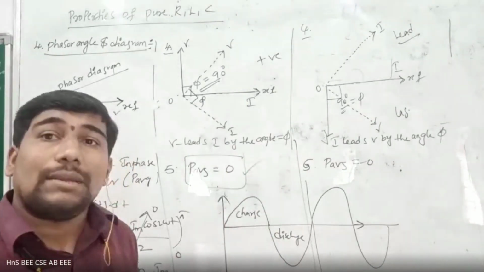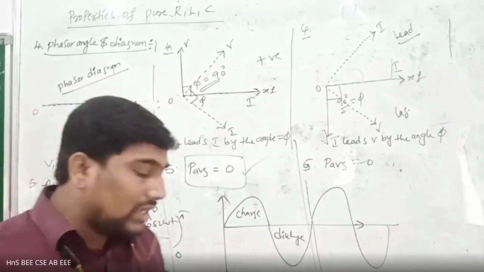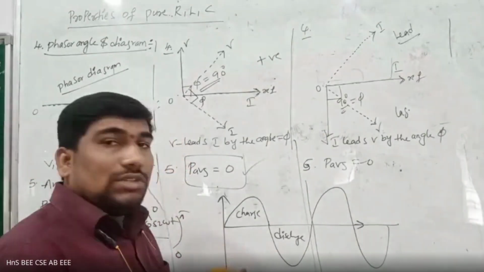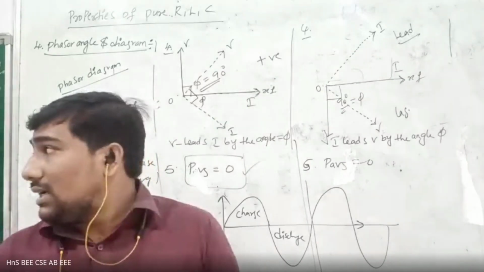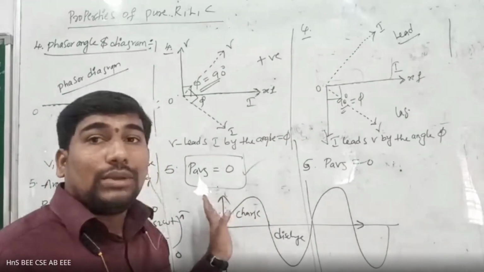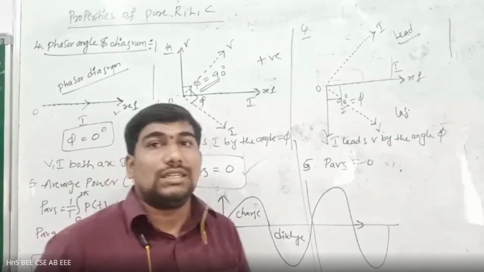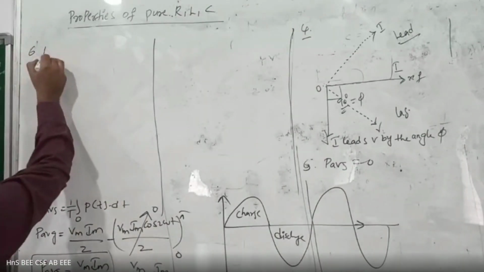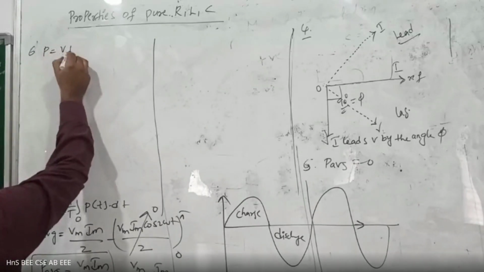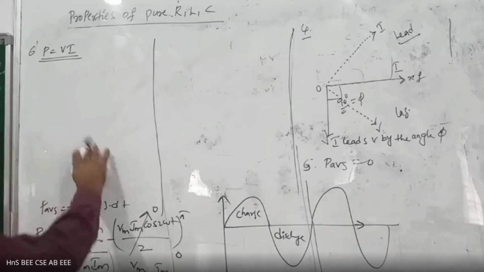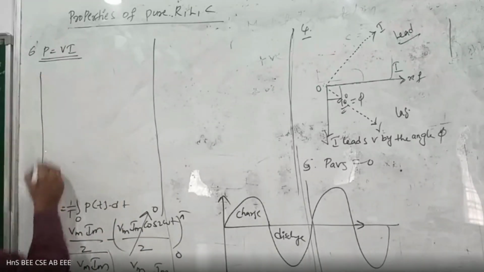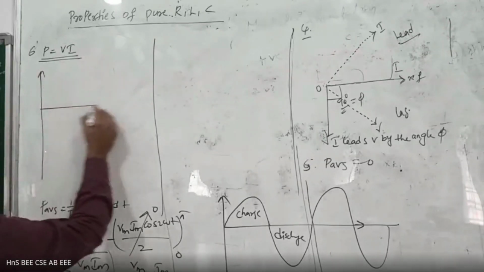In our inductor and capacitor, both are storing elements. Now, what is the average power in pure inductor, pure capacitor? Simply that is 0 because of the charging and discharging property. Because of charging, power equals voltage into current. I'm drawing a power curve diagram for pure inductor, pure capacitor, pure resistor. Okay, sir, I'm writing the voltage and current waveforms first.